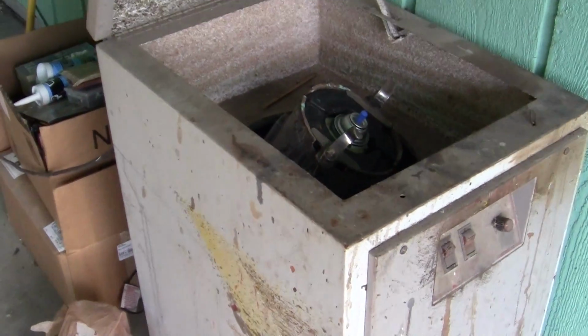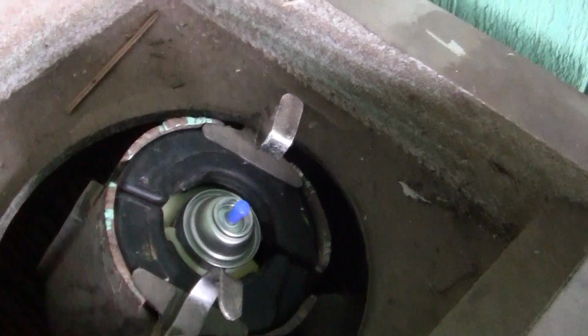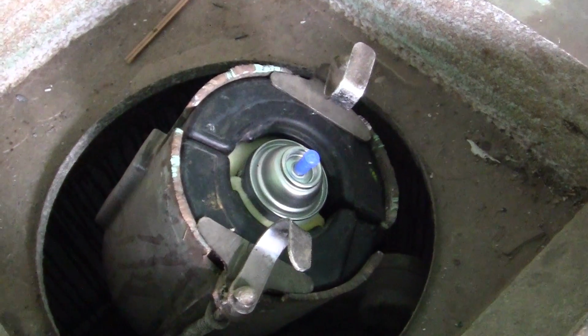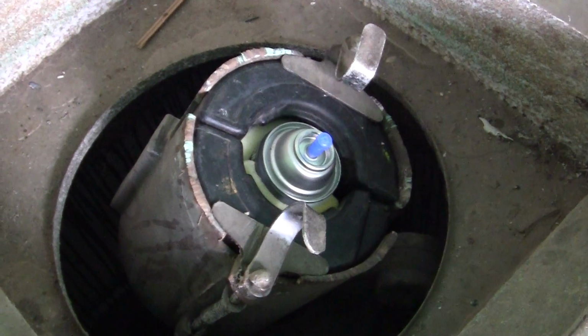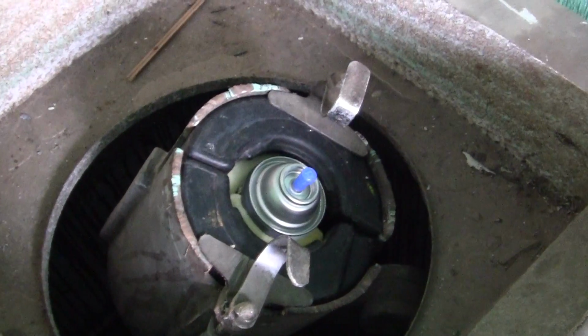Now the other tip of the day is this: if you go into a paint shop and you buy spray cans, you can tell them, look, I want you to shake them up. And they'll have to do it. They got a paint mixer in the back. They don't want to deal with you. But if you can shake these up for 5 or 6 minutes